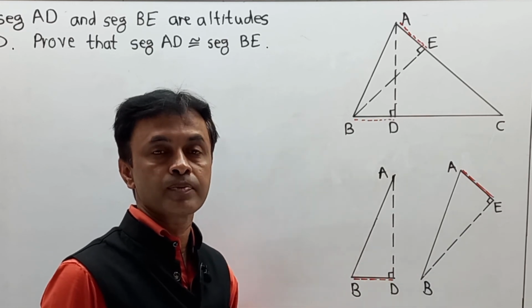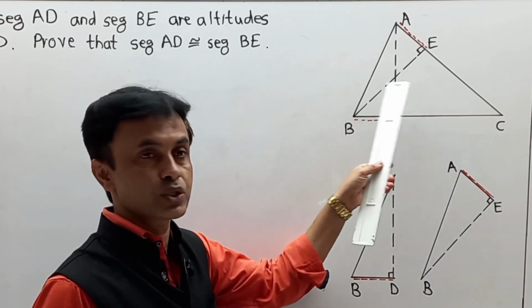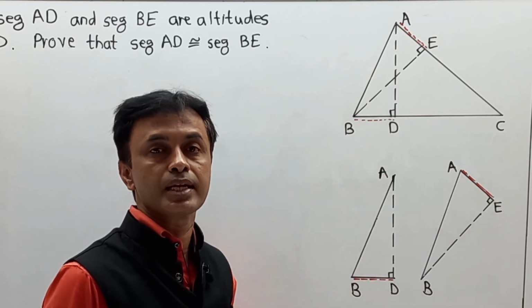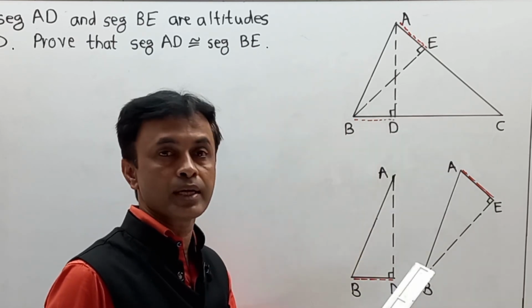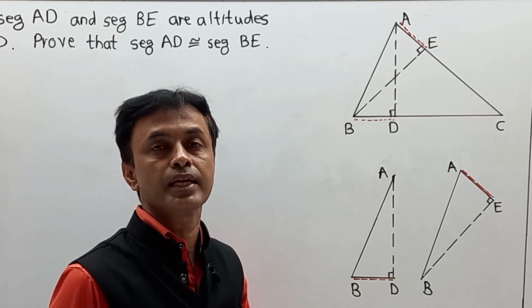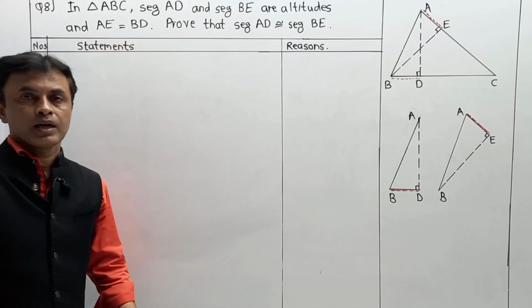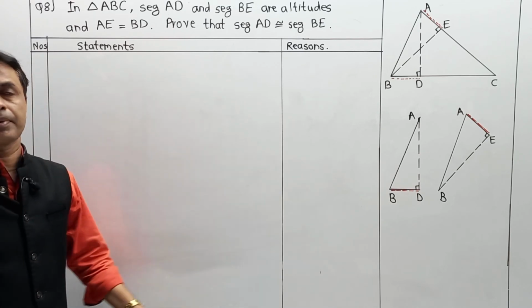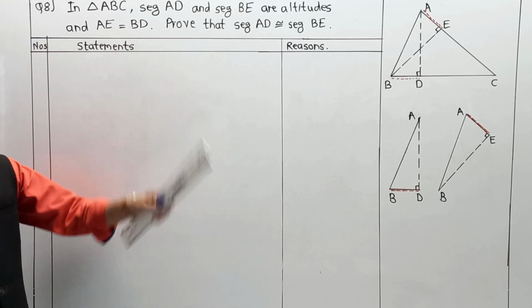Once again student, draw this question diagram and then observe the proof, then you can easily understand the part, because diagram drawing is best practice, then you can get understanding clearly. Now as we have discussed these two triangles, now one by one I am going to write the part in the form of number, statement and reasons.